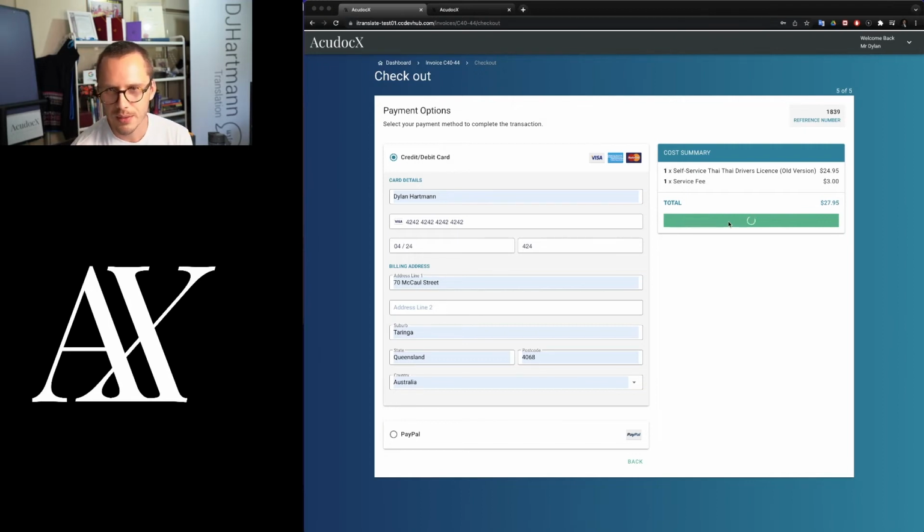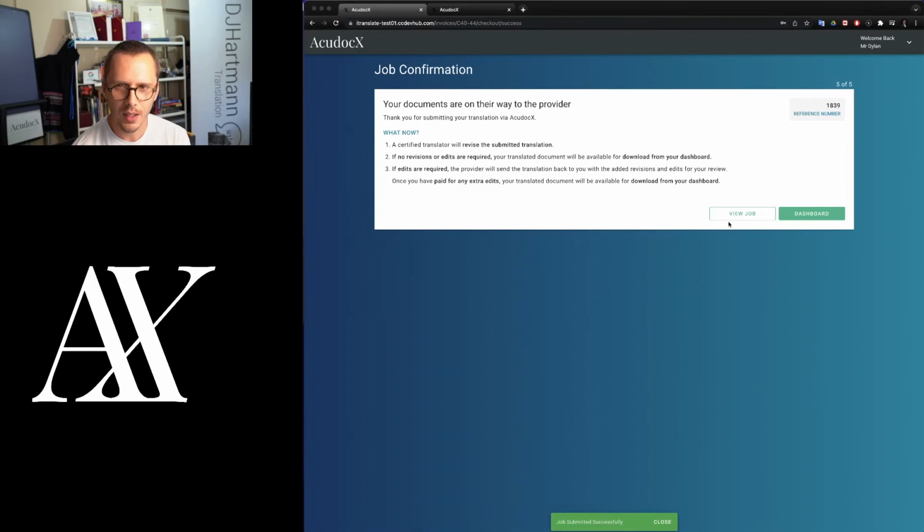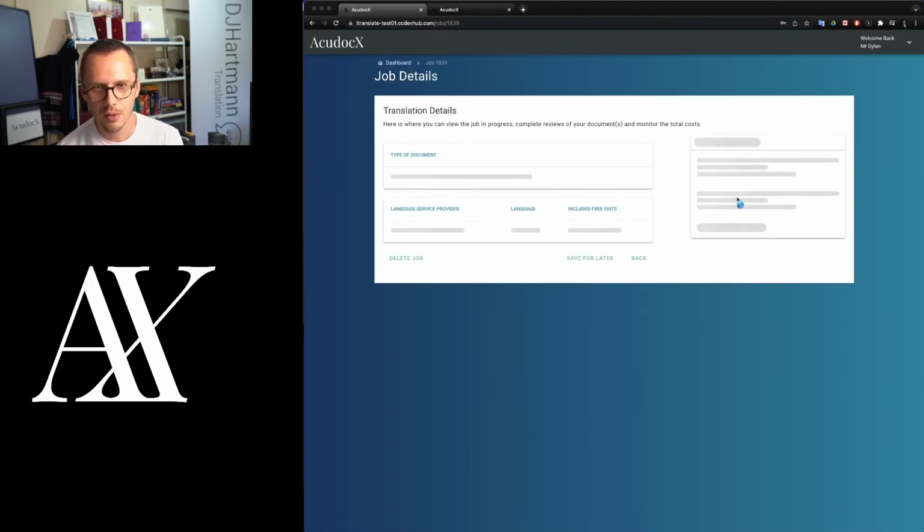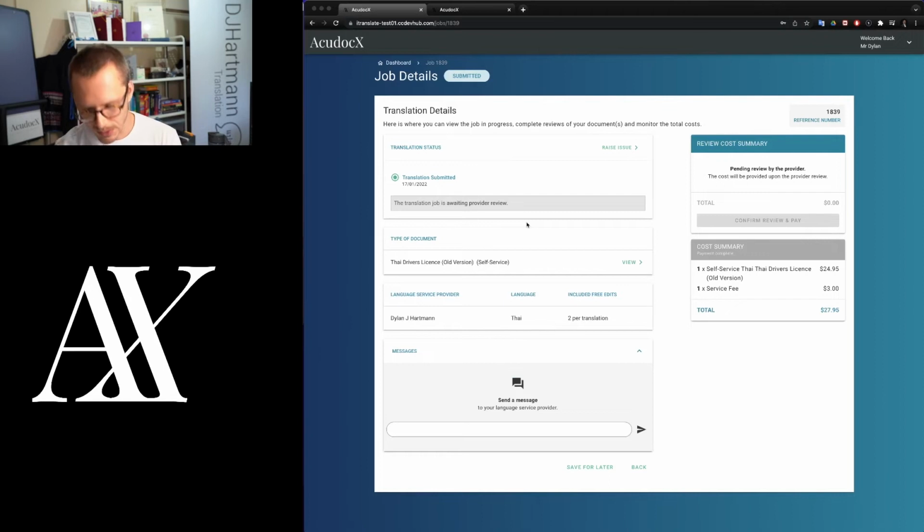So while it's thinking, done. Your documents are on their way to the provider. So the customer can go back and view the job that they've just submitted to you. Here it has all the details. It shows the status as well. I can see now on my